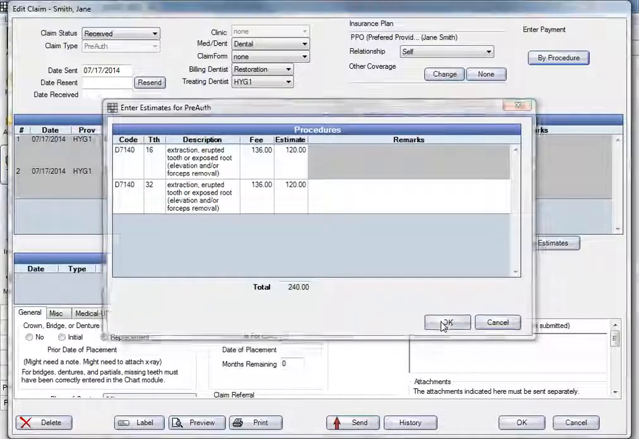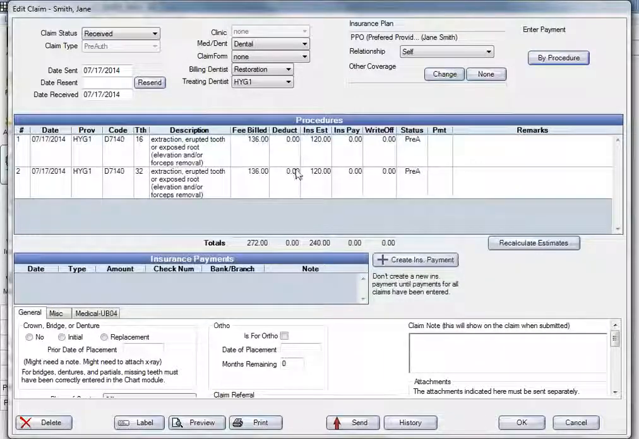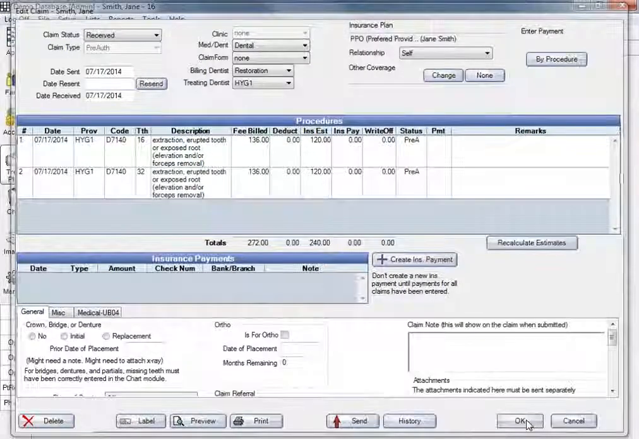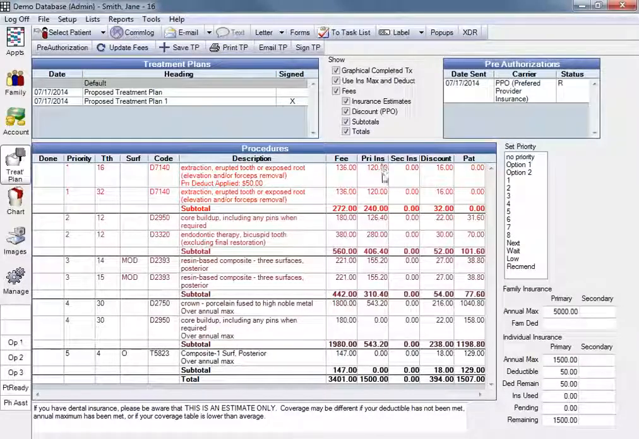And once you click OK, these estimates that you entered will now show for your treatment planned procedure. So we'll see now that the insurance is expected to pay $120 on each of these procedures. And this concludes the